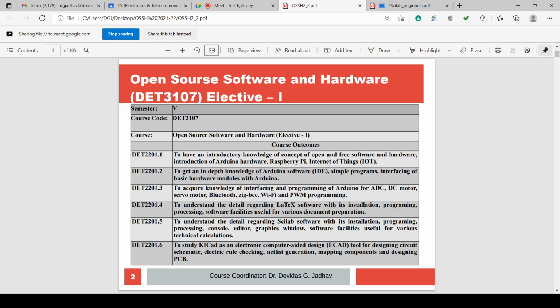Course outcomes: to have an introductory knowledge of the concept of open and free software and hardware. Introduction of the Arduino hardware, Raspberry Pi, Internet of Things (IoT). To get an in-depth knowledge of the Arduino software IDE, simple programs, and interfacing of basic hardware modules with the Arduino. To acquire knowledge of interfacing and programming of Arduino for ADC, DC motor, servo motor, Bluetooth, Zigbee, Wi-Fi and PWM